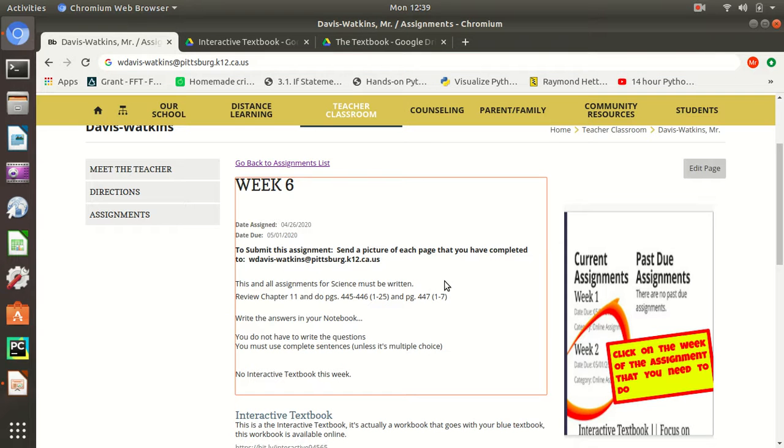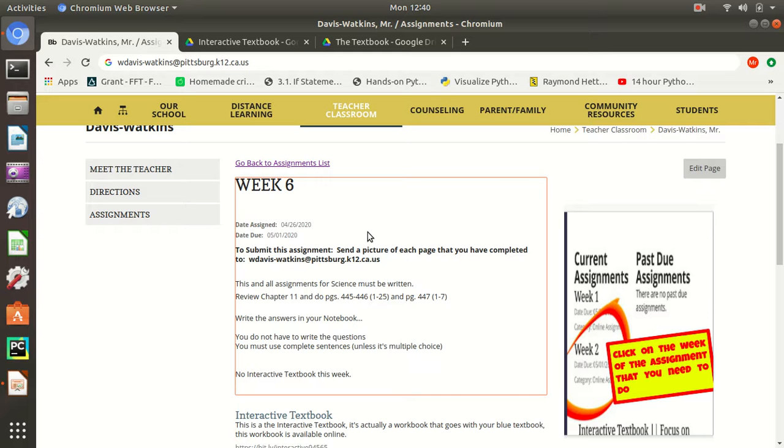Also, the subject line of your message. Go ahead and put the name of the assignment as your subject line. So the name of last week's assignment was week 6. The assignment we're doing this week is called week 7. So in the email that you send me, put the title of the assignment in the subject line. This is super important.